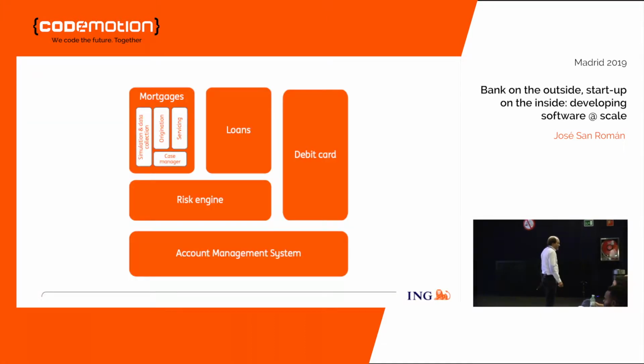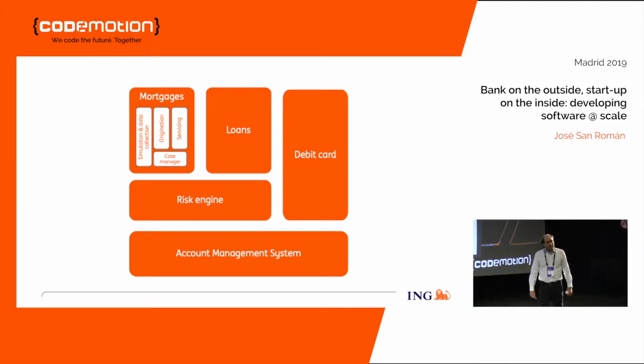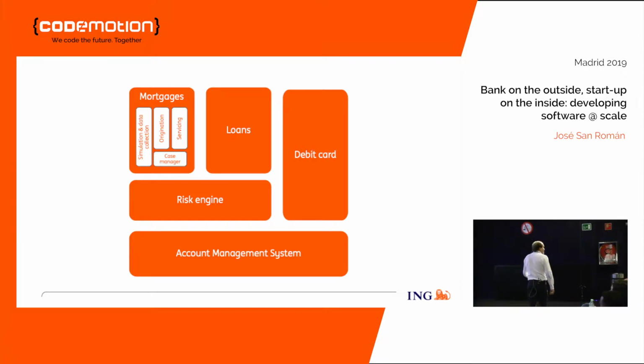And why is that helping us? I'm going to put a clear example. Okay, here you can see a system which is relying on an account management system, and this system has three products: the mortgages, the loans, and the debit cards. All these three products are relying on the account management system, but only two are using the risk engine. So I'm using this horizontal and vertical mindset to define the domains of the platform I want to build